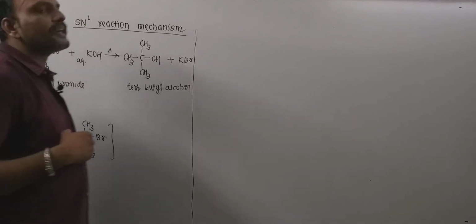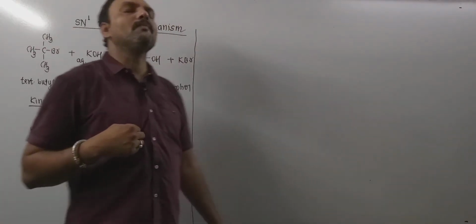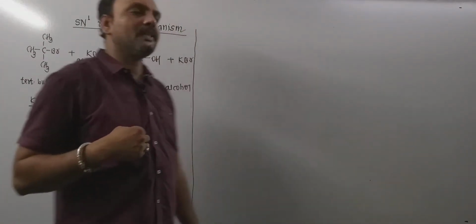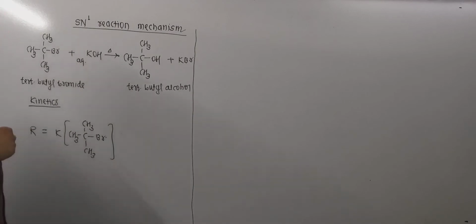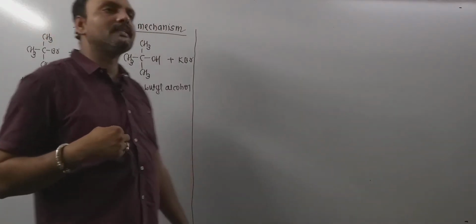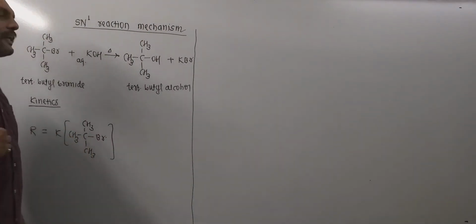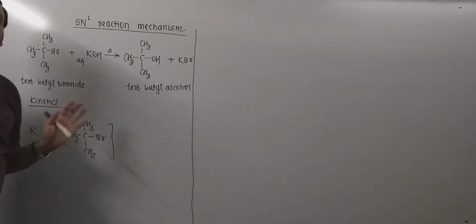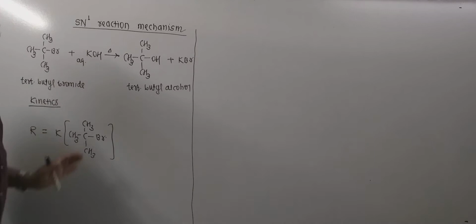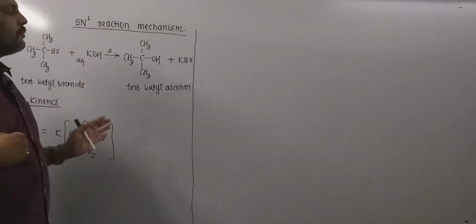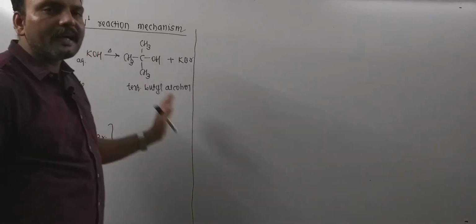Now SN1 reaction is unimolecular nucleophilic substitution reaction. So alkaline hydrolysis of tertiary butyl bromide is one of the finest examples of SN1 mechanism. So take an example of alkaline hydrolysis of tertiary butyl bromide. When tertiary butyl bromide is boiled with aqueous alkali like KOH, then tertiary butyl alcohol is obtained as a